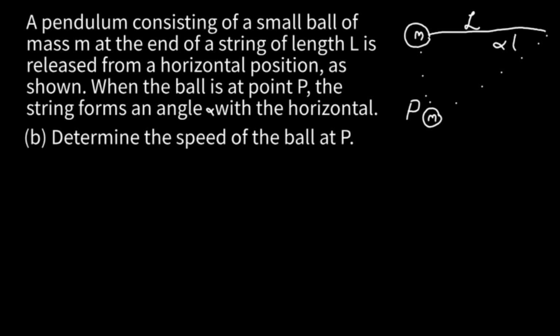In part B, we want to determine a formula for the speed of the ball at P. So we're going to use the conservation of energy to do that. And first we need to define our zero line where we have 0 gravitational potential energy. So I'm going to drop a string of length L. This is going to be the ball when it's at its lowest point. This is going to be our 0 gravitational potential energy. So the initial energy we have when the ball is at its highest point is only going to be gravitational. We have no springs, we have no elastic potential energy, and that's going to be equal to our gravitational potential energy at point P plus our